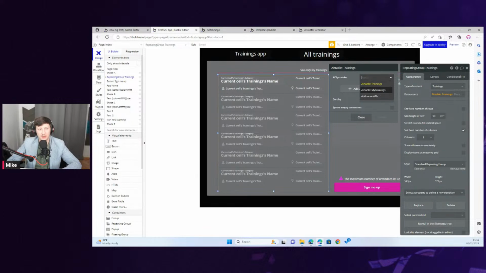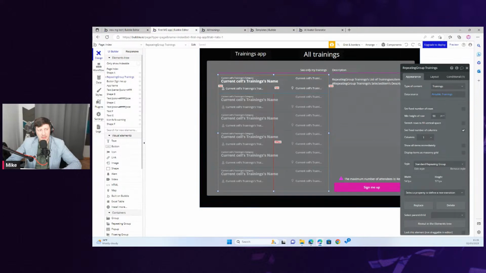API provider, Airtable, my trainings. It just fetches all the plugins that you're integrated with and the tables that are defined in the specific plugin. So here I defined that I have access to 2 tables. I can use both of them.